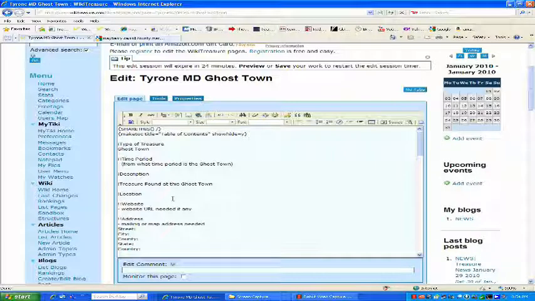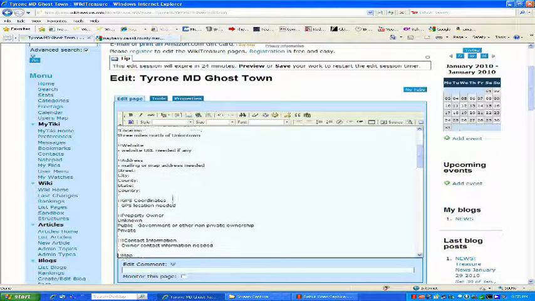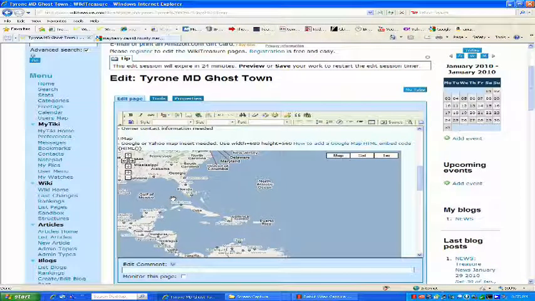In this particular case, I know the location of Tyrone is 3 miles north of Uniontown, and I don't know a website or an exact address or GPS or a property owner, so I'll skip over that. Someone later can come along and fill that information in if they know it. Now, I can get a map from Google for the area,